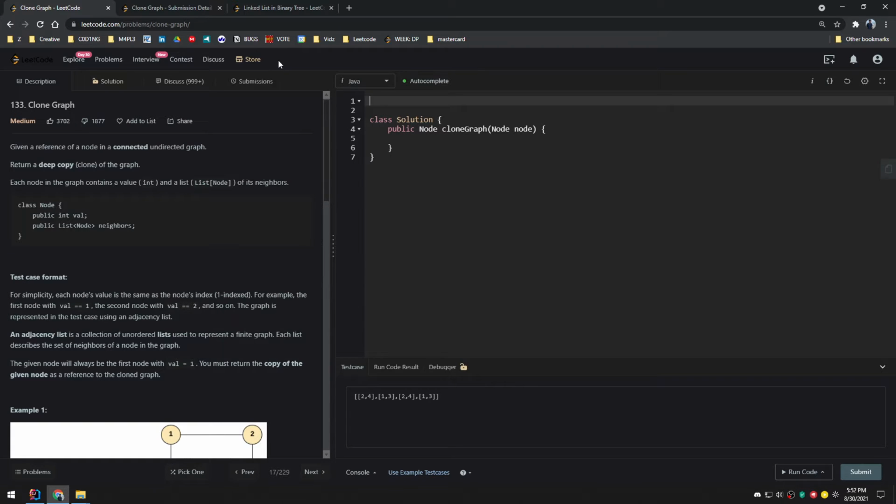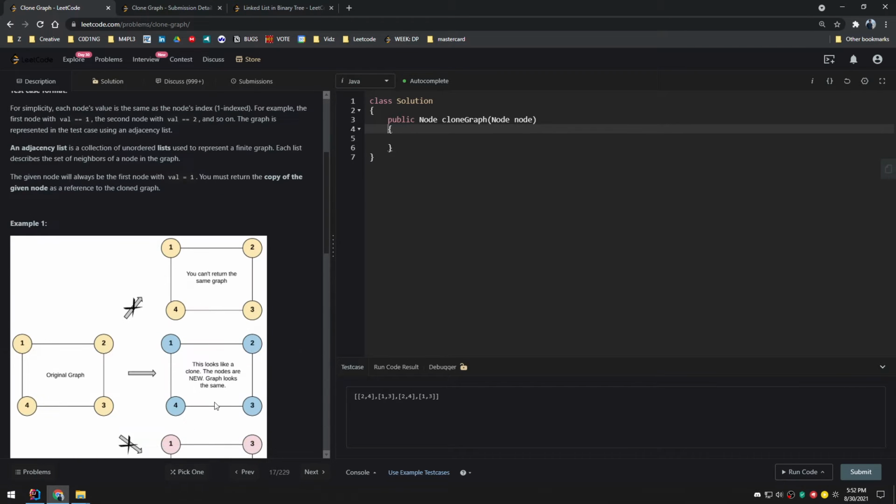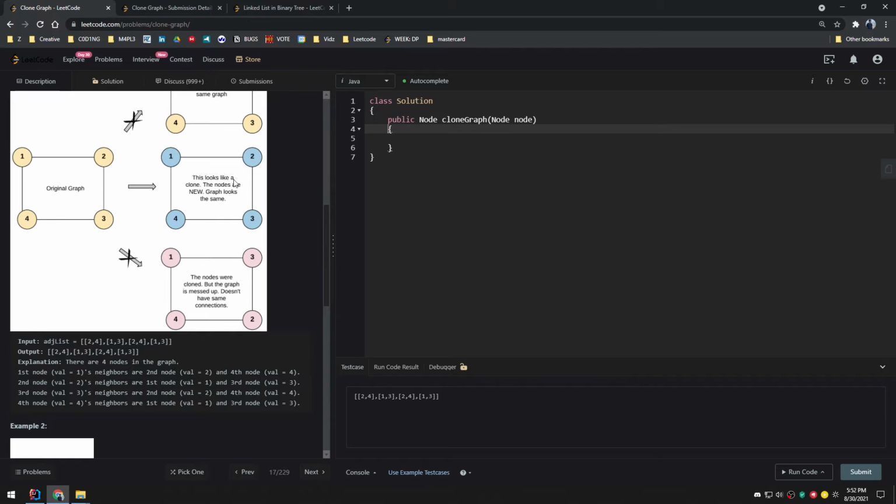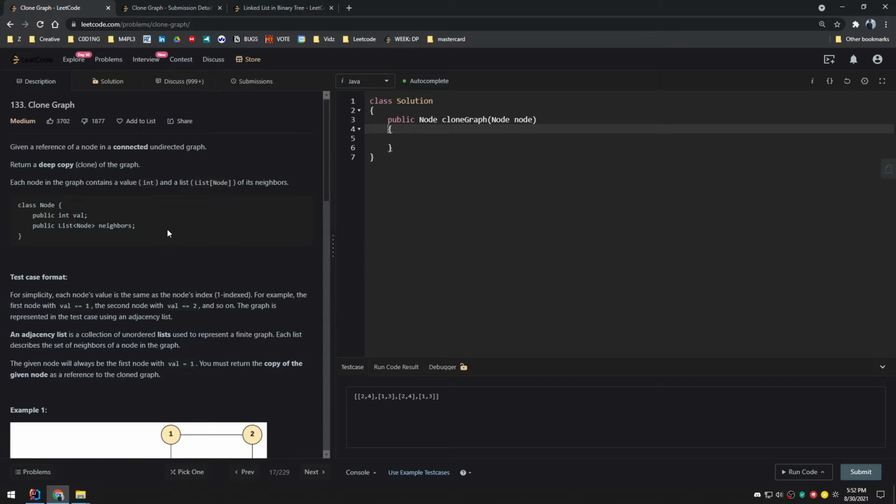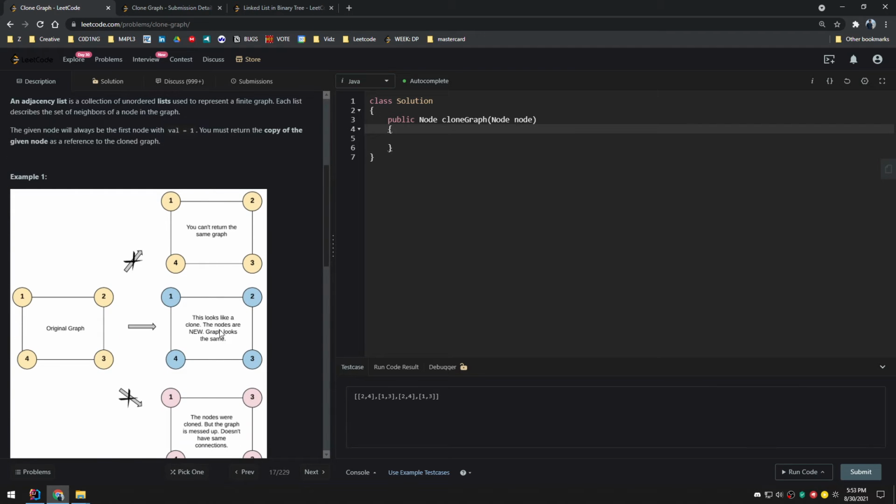So I'm just going to move this out of the way. Here our task is: given a reference of a node in a connected undirected graph, meaning that they can go both ways. Undirected means like back and forth. What we need to do is return a deep copy of the graph, so a clone. We cannot do references. We cannot just return the node that we're given. We must give a clone that has new nodes,